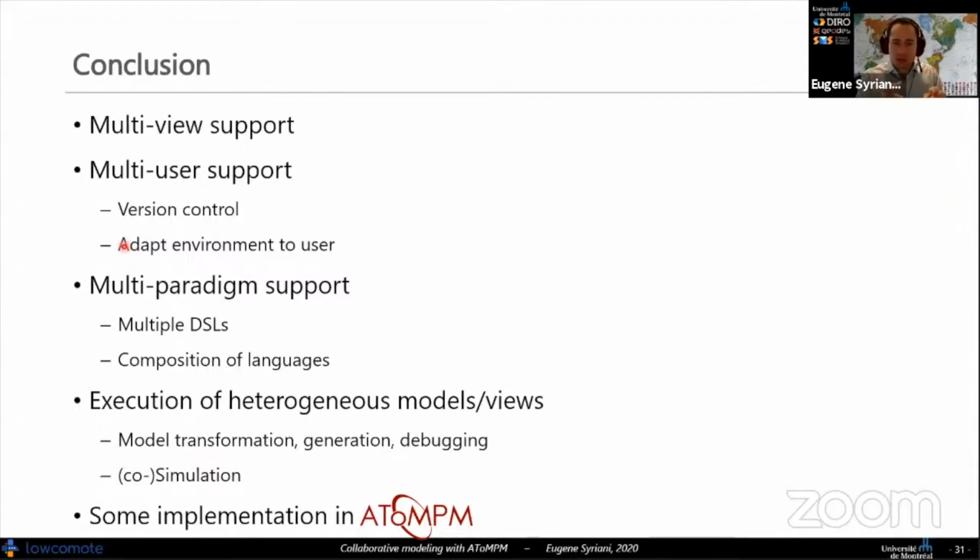When we generate the domain-specific editor, it's for the end user, right? But who built the editor? It's probably a software engineer or a language engineer. When we generate an editor in AToMPM, it is in AToMPM. When we generate an editor for Eclipse, it's in Eclipse. And therefore, you impose the same way the user has to interact, whether he's a language engineer or a domain expert, he has to interact with the tool in the same way. And that kind of contradicts the philosophy of domain specificity.